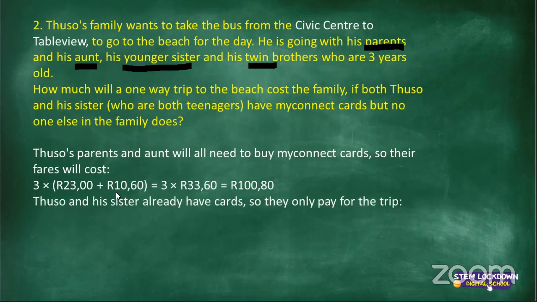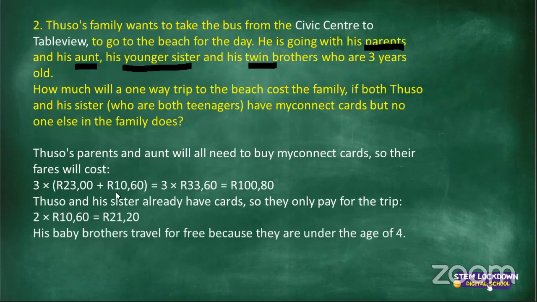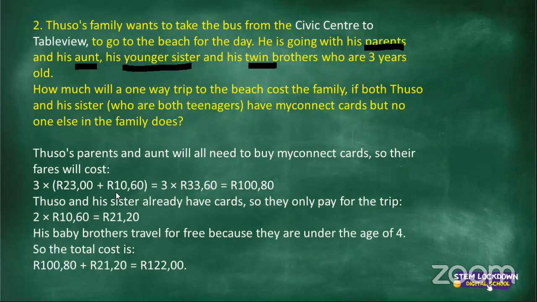Second point is Thuso and his sister already have cards, so they only pay for the trip. So they are only paying the route fare, which is 10 rand 60. We multiply that by 2 because it's Thuso and his sister. There's two of them. Then the last part is the baby brothers are traveling for free because they are under the age of 4. We are told that the baby brothers are 3 years old and it's twin brothers, right? So the total cost is the 100 rands and 80 cents plus 21 rands and 20 cents, which equals 122 rands. Guys, I think the most important thing you can note here is over and above the math, you